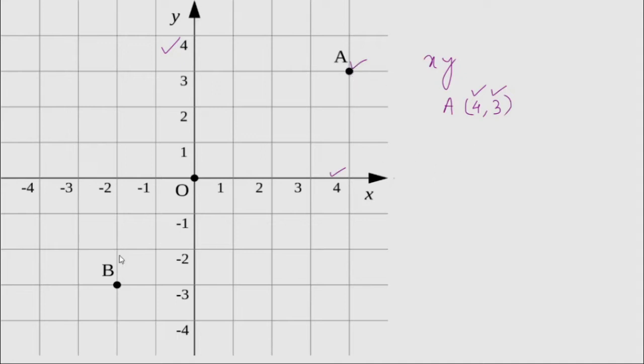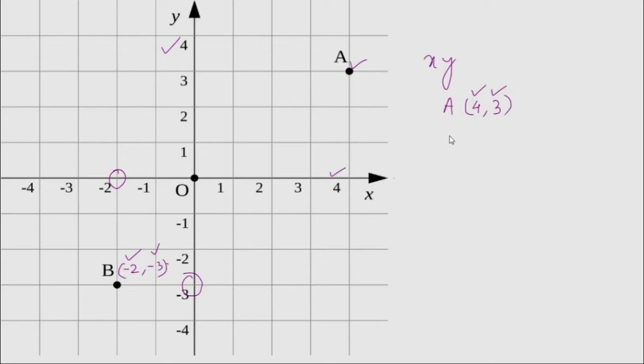Now here you can see I have another point. You can write it as minus 2 comma minus 3, because what we are doing here is defining this particular point with two elements. The first element represents the x coordinate and the second element represents the y coordinate. In this way, generally we locate a particular point in the xy plane.